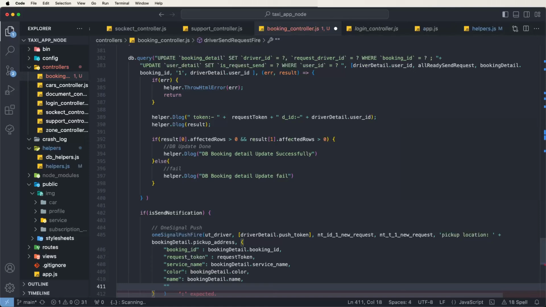Then after need to give this here the pickup times, booking details dot so need to calling this here